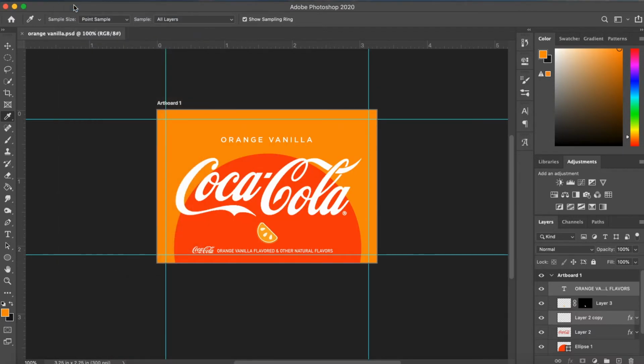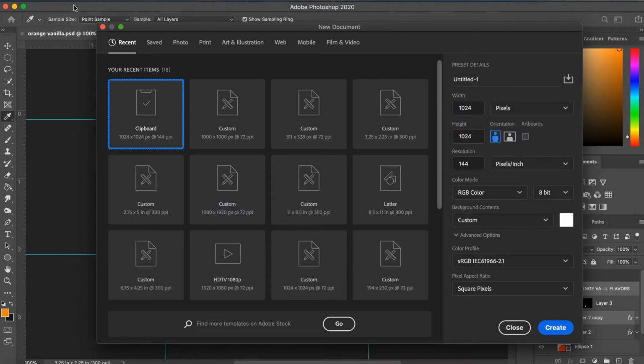Go up to File, New. If you're using Photoshop or Photopea, you can create a new document, and you will see a space similar to this to create your document size. First things first, let's make sure we're looking at inches. Like I said, our label is going to be 3 inches wide, so 3 inches here, and 2 inches in the height. But we forgot to add the bleed room, right? So we're going to add 0.25 to each of these. 0.25 there,